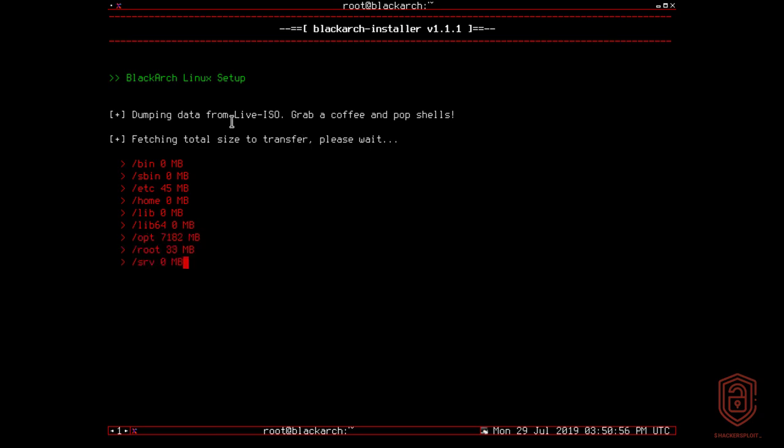So it's going to start dumping all the data from the live ISO. So again, grab a coffee and pop some shells. So it's going to fetch the total size to transfer. So you want to give this a few seconds, and immediately it'll start the installation process, right? So right now it's calculating the amount of data that is required, and it's essentially dumping all the data from